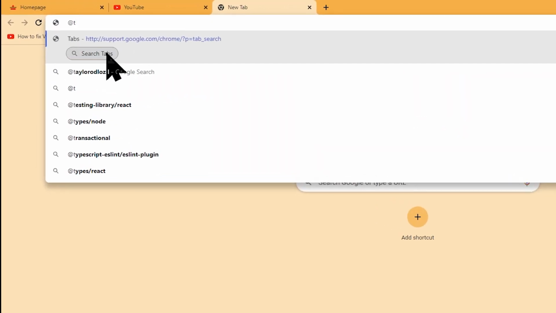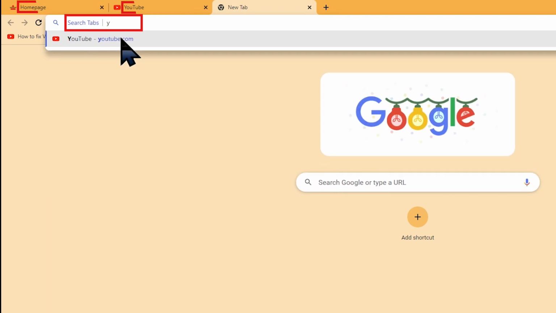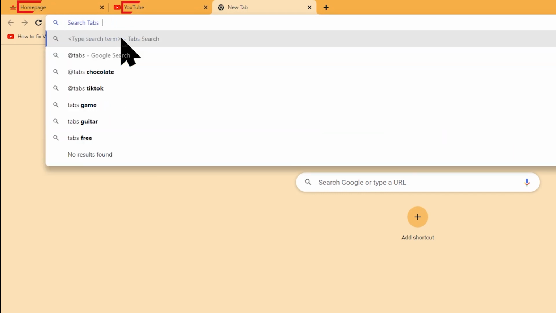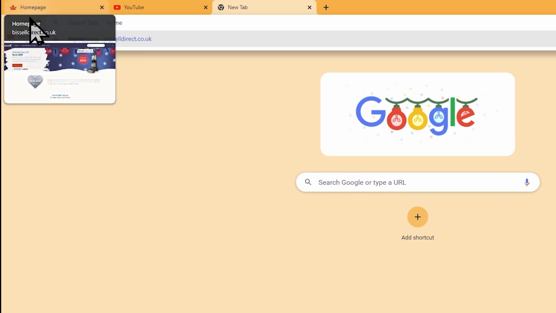When you type this followed by a space or a tab, Chrome's address bar will prompt you to enter your search term. @tabs will search the web page's title for all of the tabs that are open in all of the windows that are open. The web page's title is displayed in the tab title in Chrome. This search relies on websites having a sensible policy for setting the title of their web pages. If the title does not include the name of the company or the product, then it's possible that you will not find the tab that you're looking for.